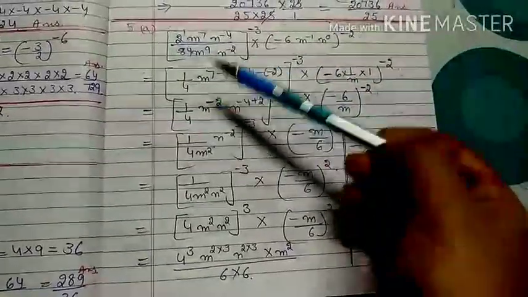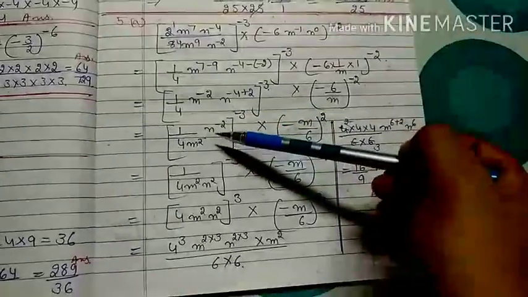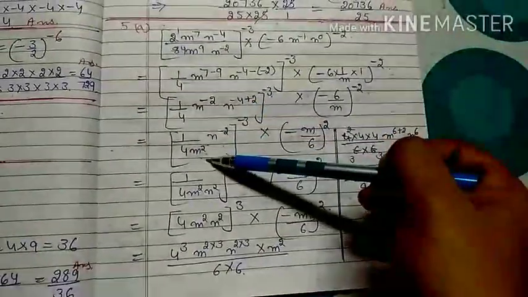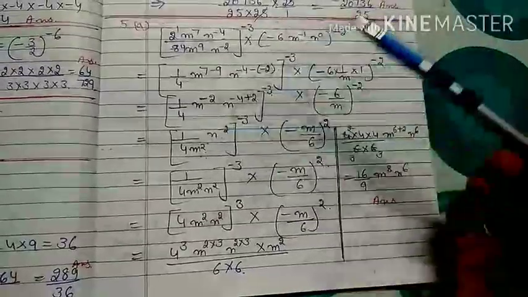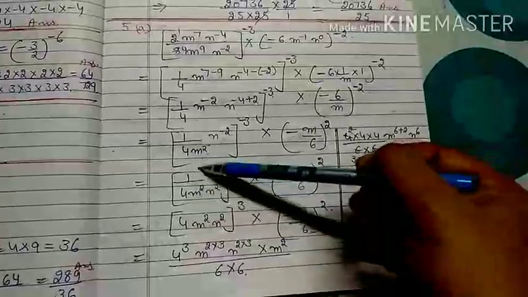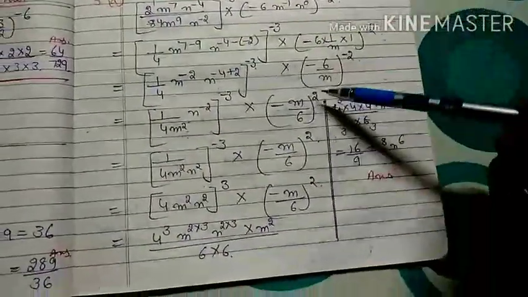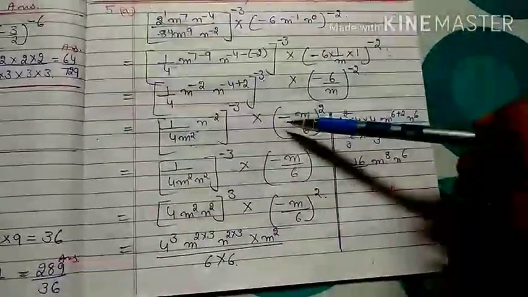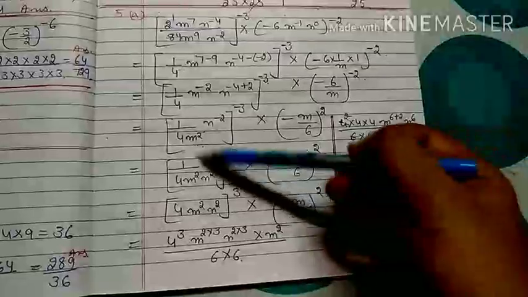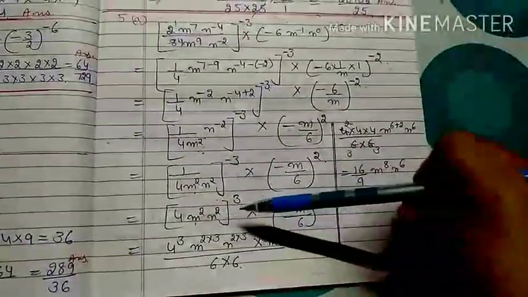Here when I solve this one, I got m to the power minus 4 and n to the power minus 2. Actually I got 1 by 4 m square because negative power goes downward, and n minus 2, n also goes downward, so my required term inside the bracket is 1 by 4 m square n square. Here also, minus 6 by m, when negative power changes to positive that becomes m by 6. Here also negative power changes to positive, then this denominator becomes the numerator, and 4 n square n square.